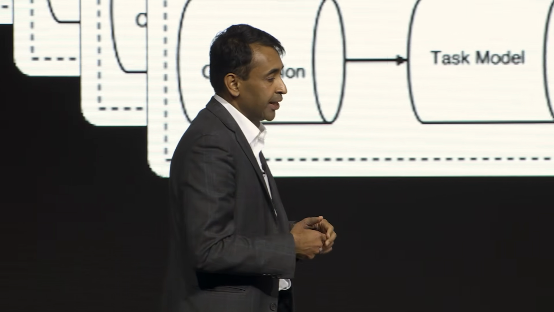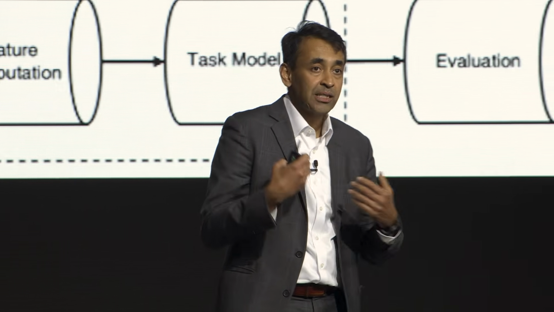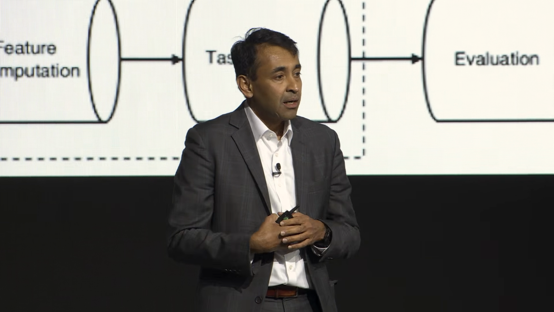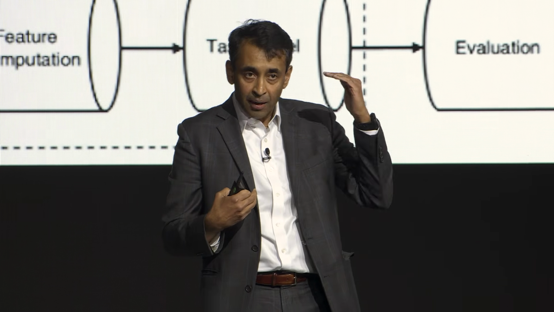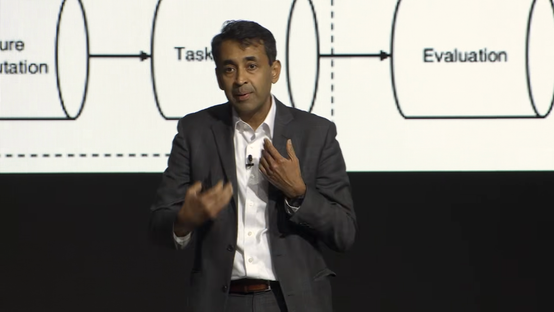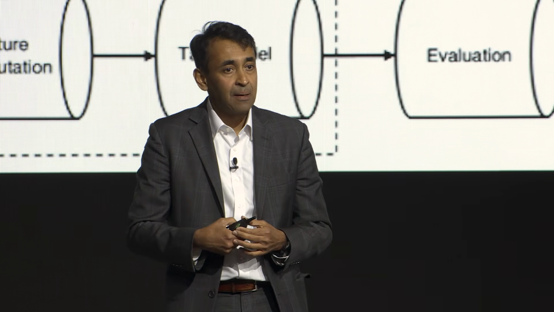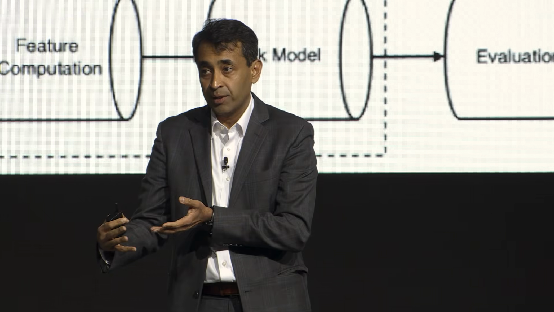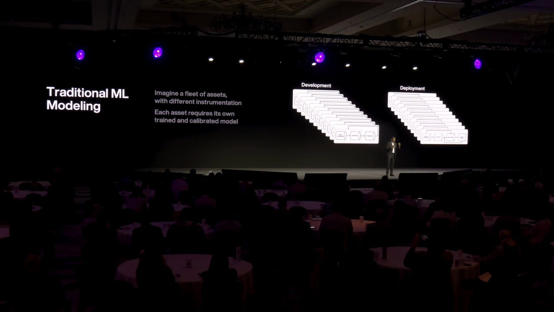Foundation models, on time series. In the past, imagine a fleet of assets. Each asset has different instrumentation. Each asset in the past would require its own calibrated ML model if I wanted to do things like anomaly detection on that asset. So I would have a data scientist. They would build a set of algorithms. They might build a template that's self-training on each asset, or they may have to manually go and actually train a model for each asset. And then once they train the model and they like its performance, they evaluate its performance, and then they formally deploy that model into production. Until this year, that's probably how you went about doing machine learning on a fleet of assets.